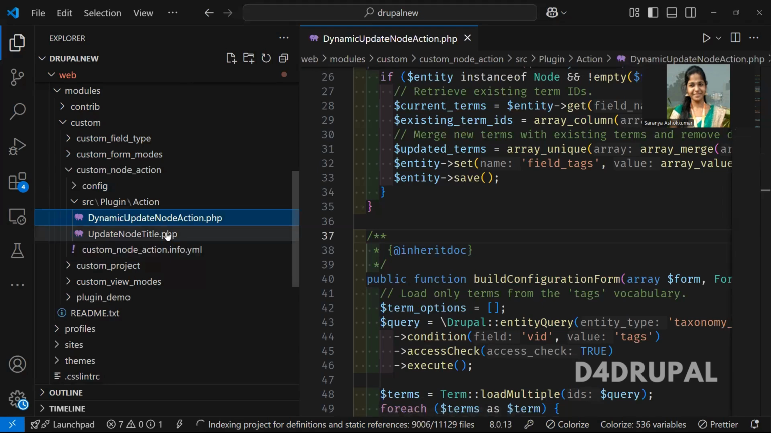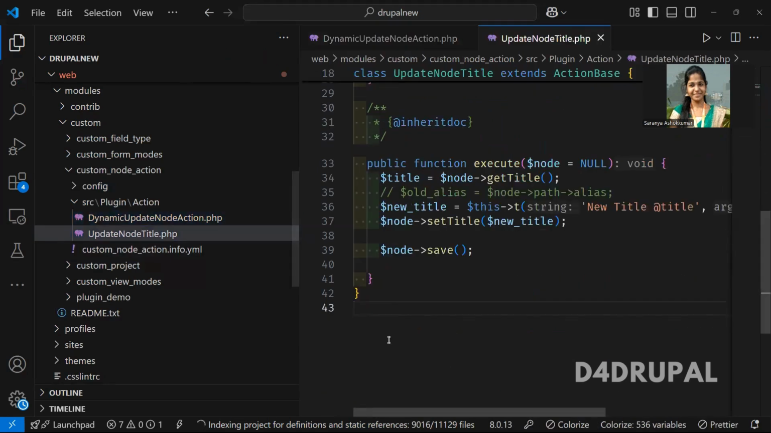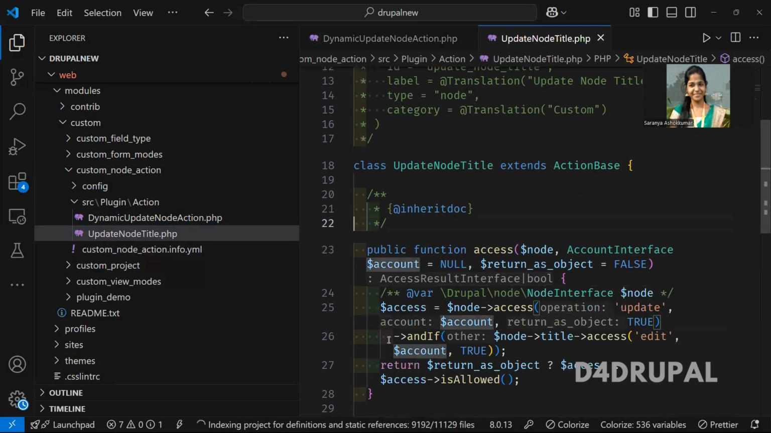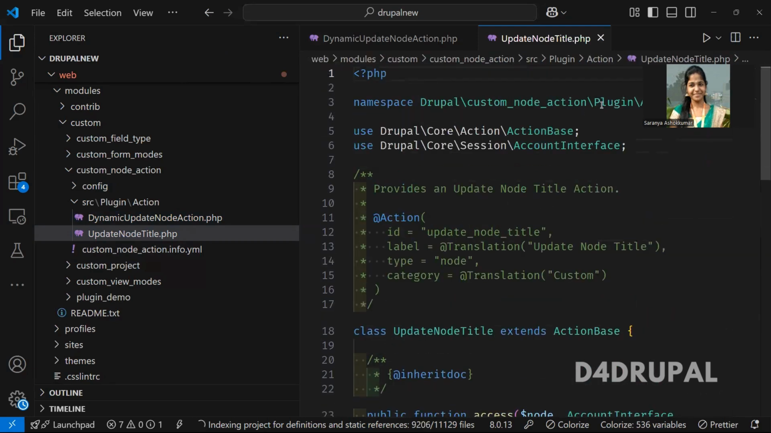Okay, now update node title. So this is a very basic file. In this, what I'm doing is, when you do a bulk operation with any action, whatever you are selecting, if you select this node title update action, it will update all the content titles. If you scroll down, here I just added the namespace, and then next